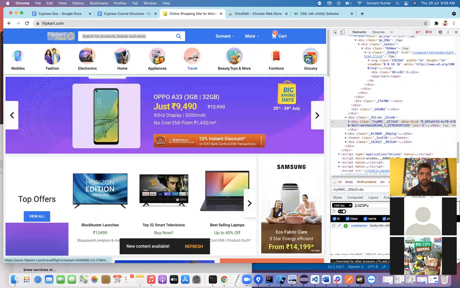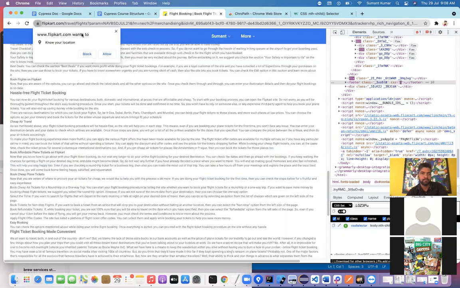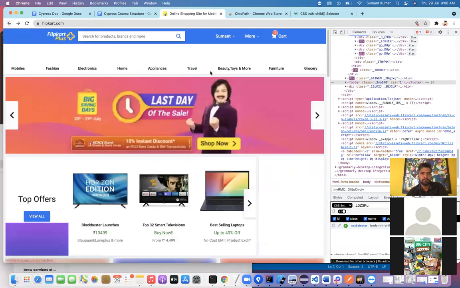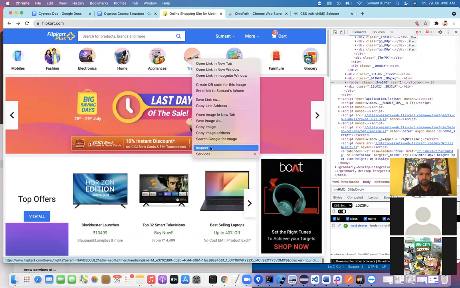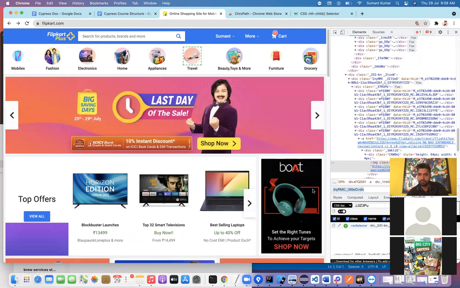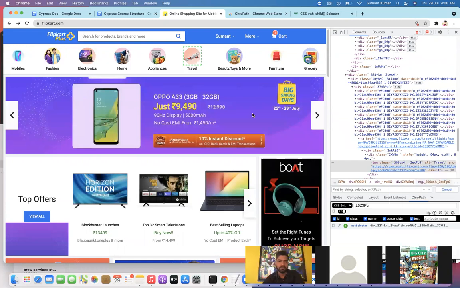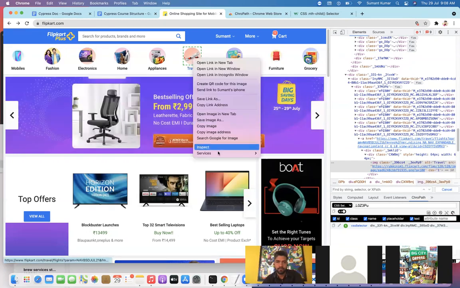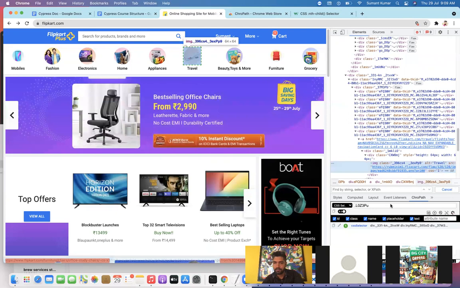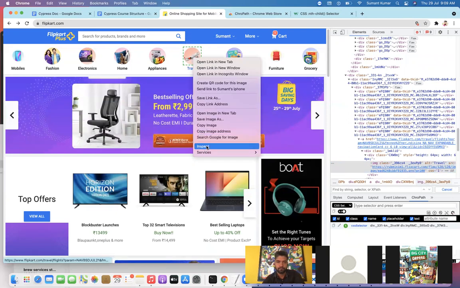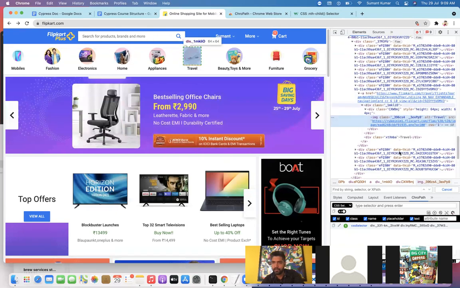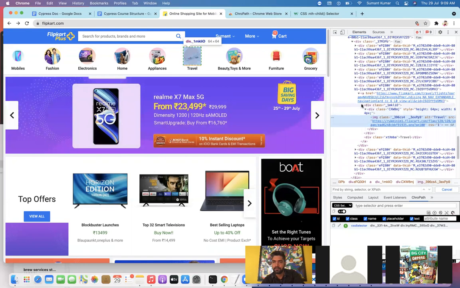One second, let me try with another one. Okay, so inspect this. Again, it's highlighting here.